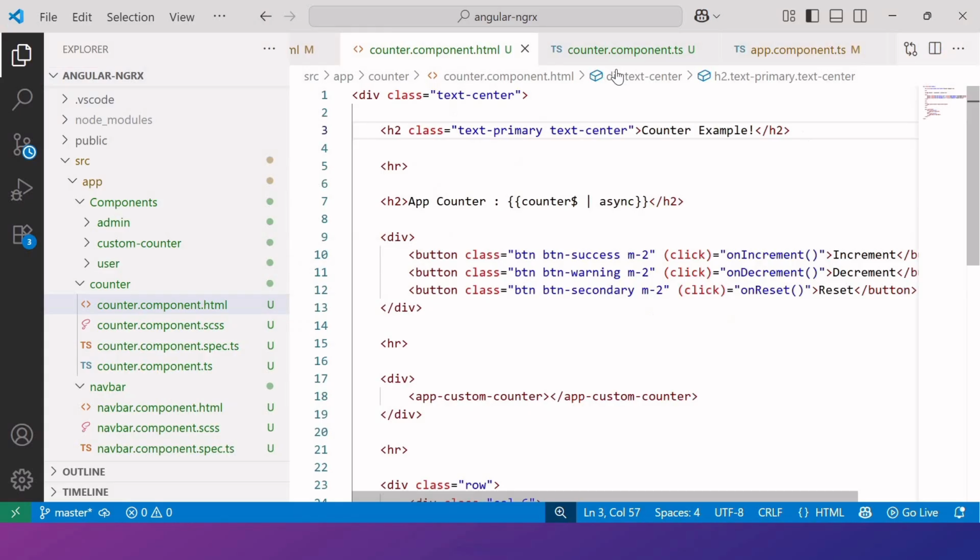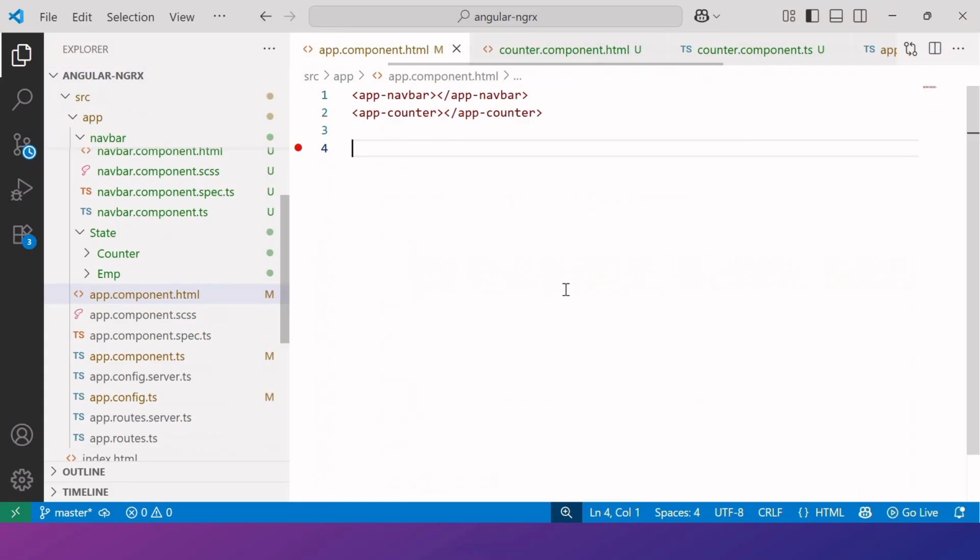Okay. So like this, we have created two separate components, navbar and counter, and added these two components inside the app.component.html file. But in future, we will create additional components for CRUD operations. So instead of adding all these components to this app.component.html file, we will implement route. So this will allow us to use the router outlet directive, which will render the components dynamically based on the